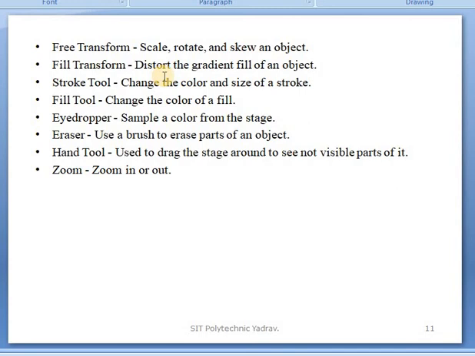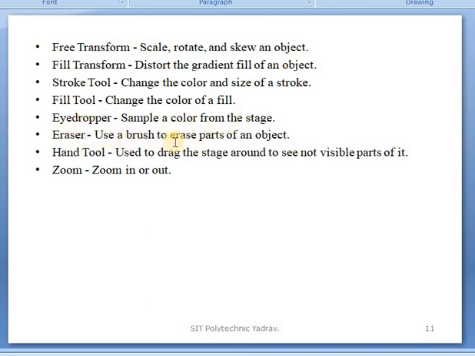Fill transform: distort the gradient fill of an object. Stroke tool: change the color and size of a stroke. Fill tool: change the color of a fill. Eyedropper: sample a color from the stage.